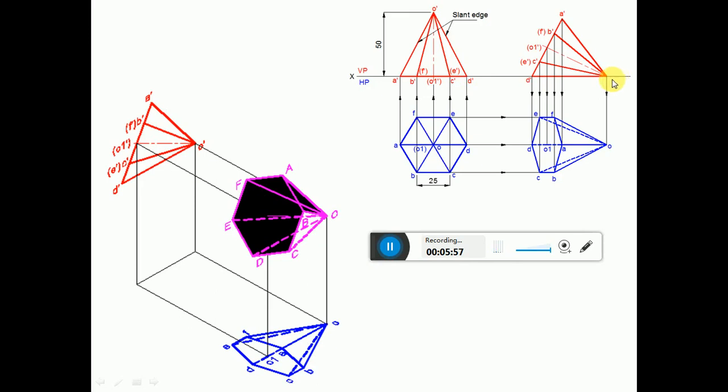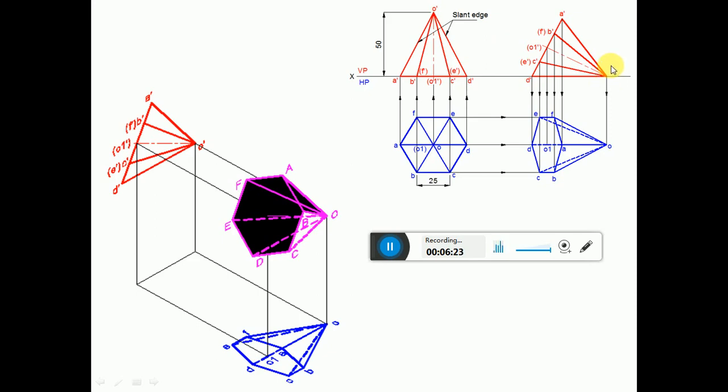So we are going to rotate the first position front view such that the slant edge rests on HP. So how to do that? Using the compass, you measure the length from D dash to O dash. Consider any point on the XY line. Mark that point as D dash and cut an arc on this XY line to get this point O dash. So you mark that as O dash.